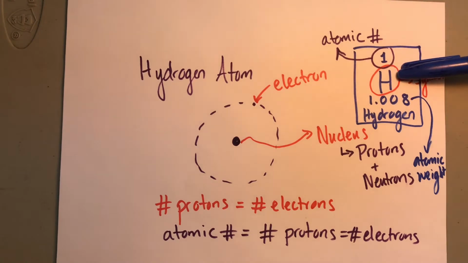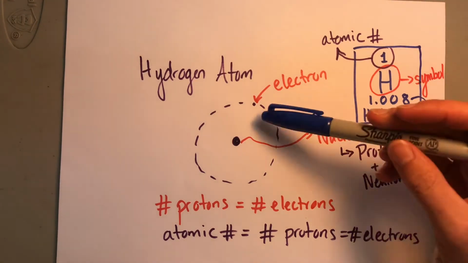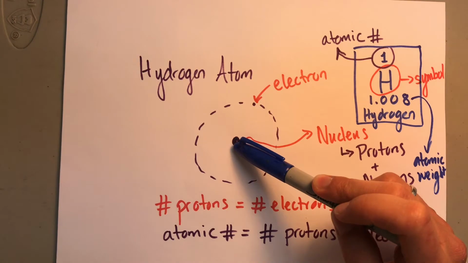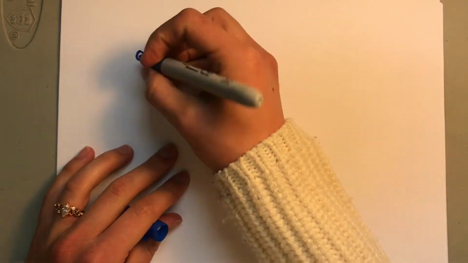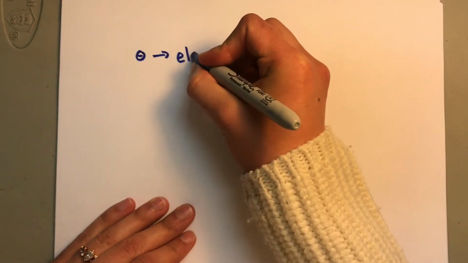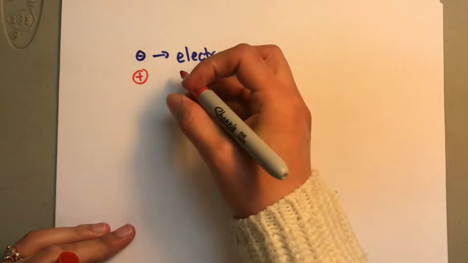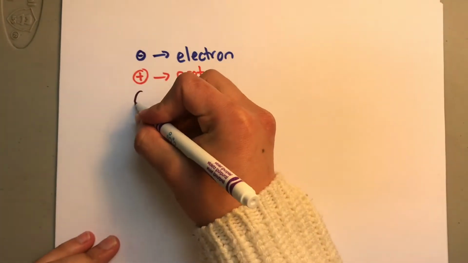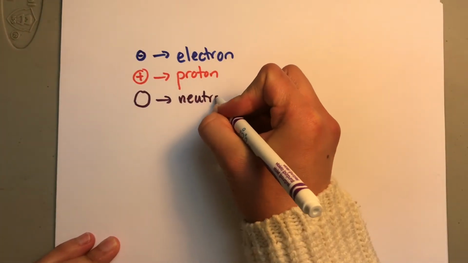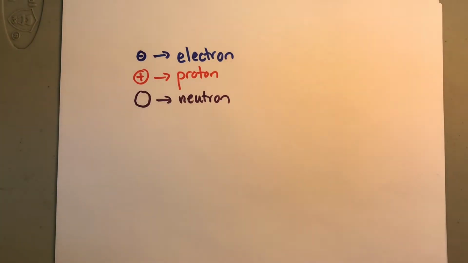This is a zoomed up version of hydrogen as we see it in the periodic table. And then we have a hydrogen atom picture with a nucleus of 1 proton and an electron on the outskirts. Suppose I say that this blue circle with a minus sign is an electron. Okay, and then I make this orange circle with a plus sign a proton. And then I'm going to make a purple circle represent a neutron. Okay, so I'm going to draw some pictures and we're going to try to identify what kind of element it